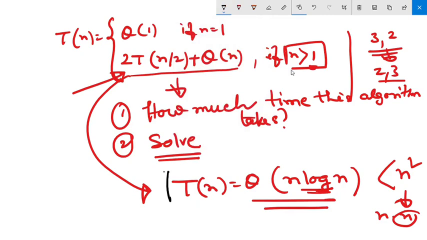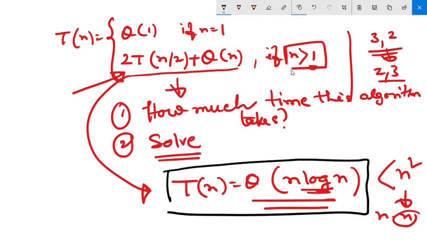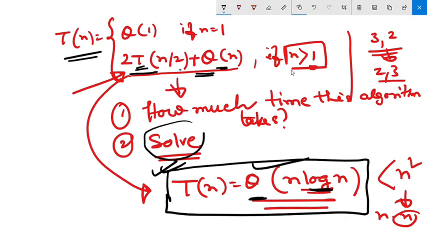This is the result any algorithm expert or developer will be expecting to analyze the algorithm. If you say n log n, it is understandable. If you say merge sort is 2T(n/2) plus theta n, nobody is going to interpret it, because it is in terms of the recurrence. The recurrence is not our motto. Our motto is to solve it and get the result. What is the solution to that recurrence? That's why we have to solve the recurrence.